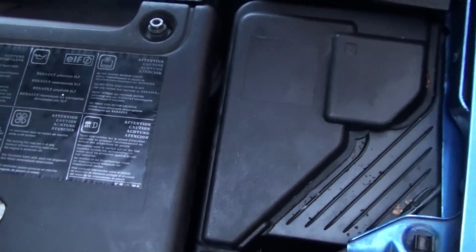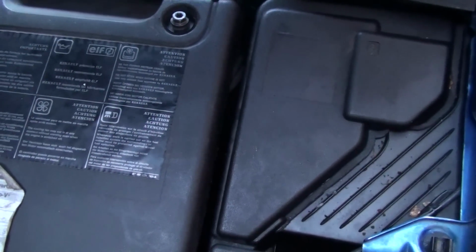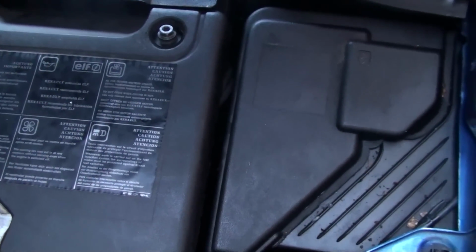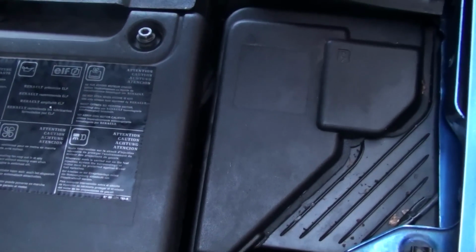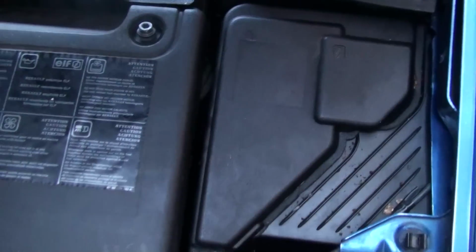Get the circuit board out, wipe it all down. I got a hairdryer and blew it all off with a hairdryer to make sure it was all dry. Once it was all dry and I got all the dirt off the circuit board, and cleaned it up, I just put the circuit board back in the casing, reconnected all the wires up to the casing,